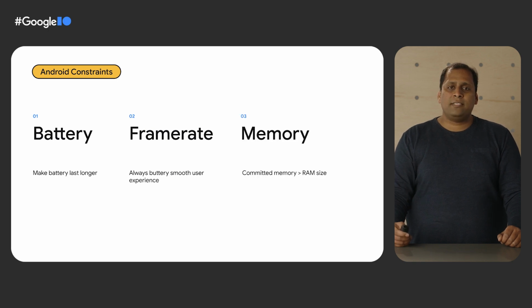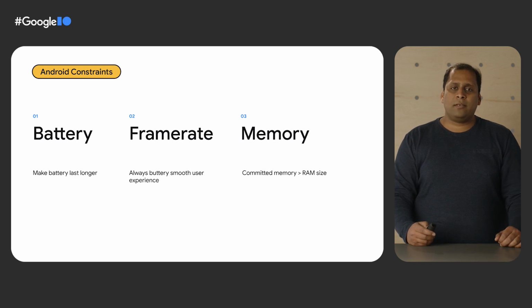And finally, something that doesn't impact the user but is critical to Android is the fact that the amount of cumulative memory committed to apps in terms of heaps, caches, etc. is almost always higher than the RAM size. If we aren't careful about memory usage, then the OS is forced to kill apps, leading to more cold startups, which are slower. Therefore, we want to avoid memory wastage as well. Given these constraints, we want a garbage collector which supports us in being performant in these aspects.